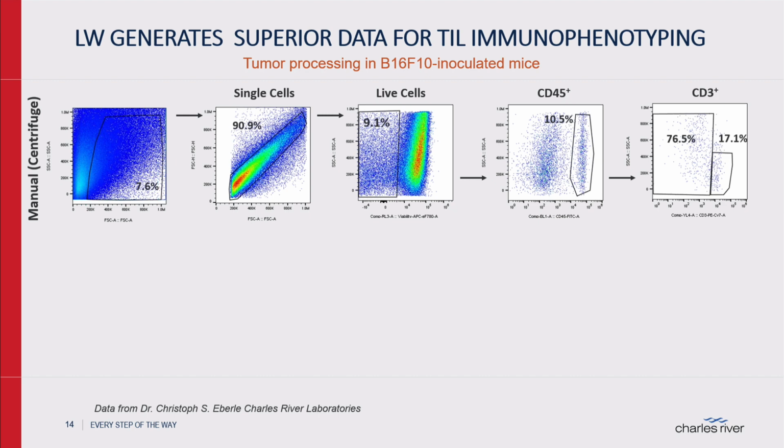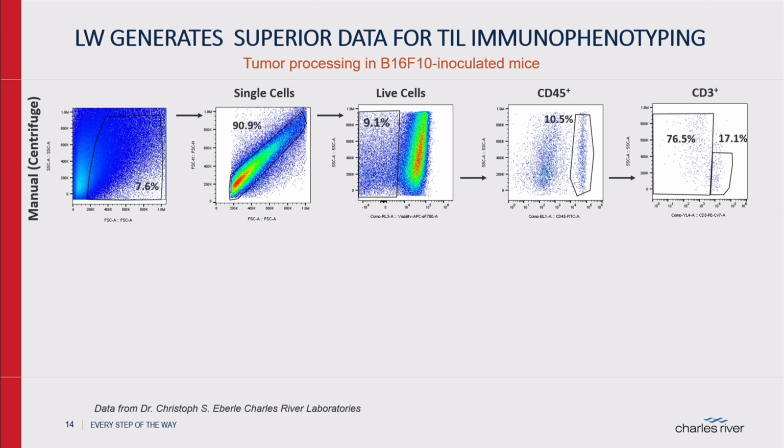As you can see on the far left, on the forward scatter, side scatter dot plot, you can see all the debris that's there, and it's very difficult to draw an accurate forward scatter, side scatter gate on your lymphocytes. Singlets aren't looking all that much better, and we really don't have a lot of live cells either. And what this does to your data is you've compromised your lymphocyte staining. So for CD45 positive cells, we're only looking at about 10 or 11%, and that only translates to about 17%